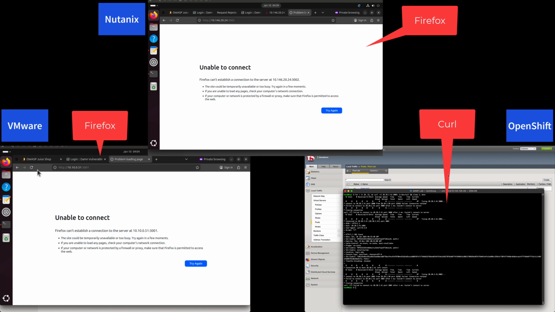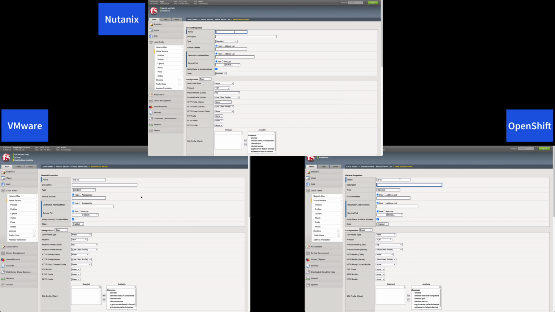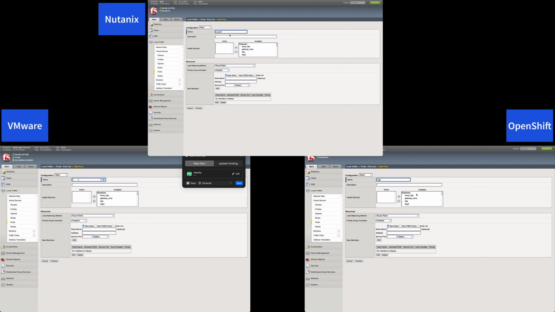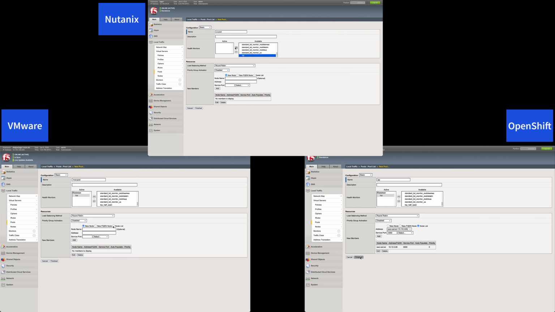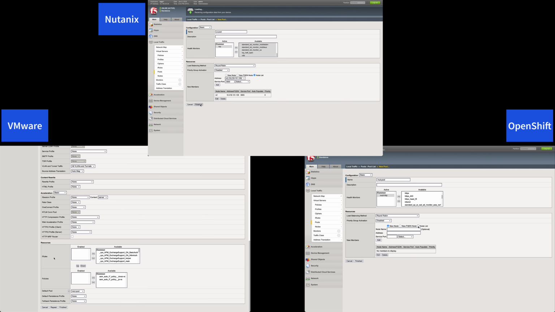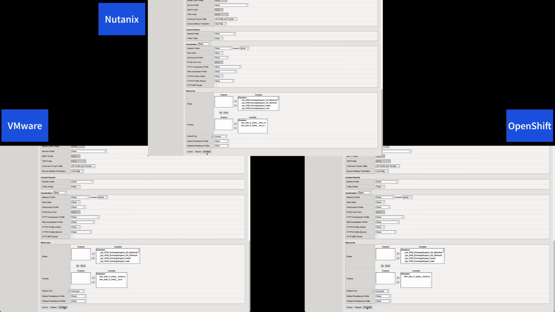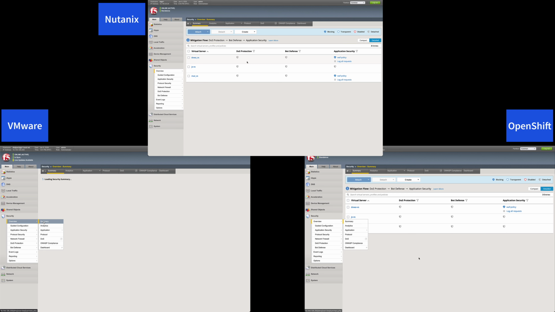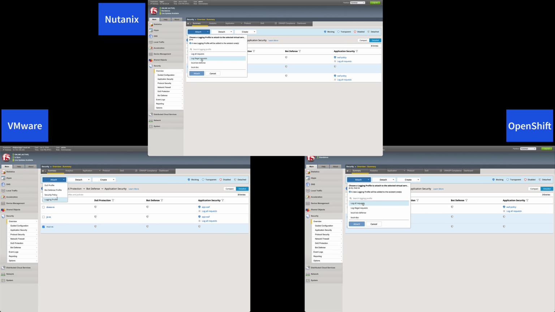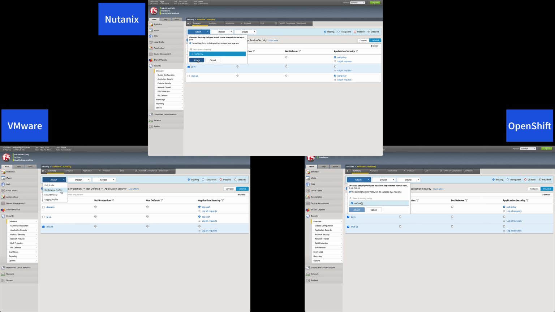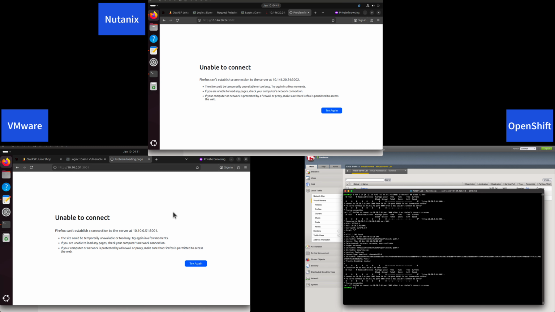Accessing the web console for each BIG-IP, we'll add a new virtual server for each app to serve as the front end in each location. We'll also add a default pool to connect to the apps running in our virtual environments. A moment ago, we saw some apps in each environment fail to load. Now that the virtual servers are configured, the final step is to attach our WAF security policy and enable request logging. This applies a standard layer of security to each app in every environment, while also enabling visibility should we